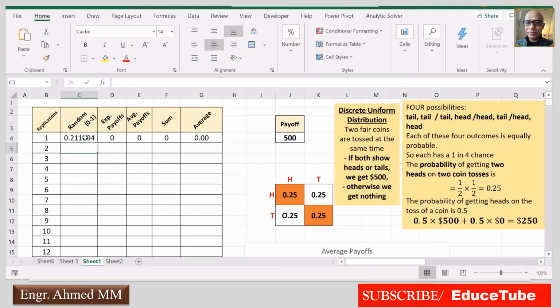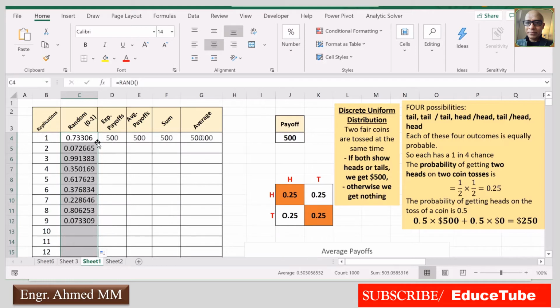Press enter. You got one random number, but we need thousands, because we saw we have replications from 1 to 1000. So what I'll do is click here twice. Gone. Up to 1000 these random numbers are already generated. So we will use these random numbers to generate random values.